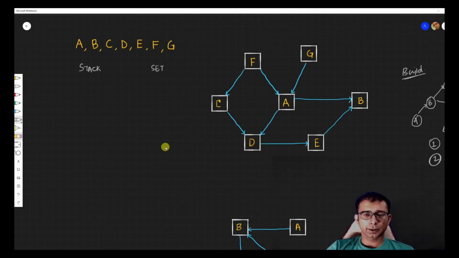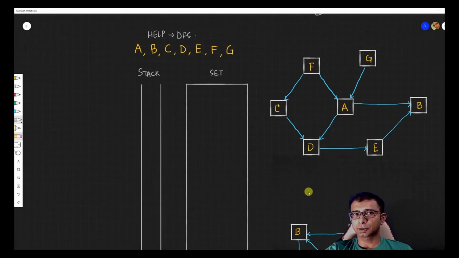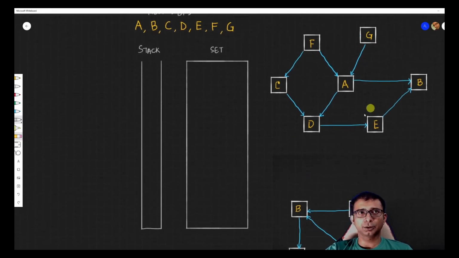And also we are going to use an algorithm over here, that is your DFS. We'll take the help of DFS, that is depth first search, in order to get this done. So we have taken a stack over here. This stack is a data structure which supports last in first out, right? And we have a set which does not allow us to store duplicates, right? And we are going to use these two in order to come up with the solution, like what is the path over here, and we are going to see how we are going to get those paths, right?